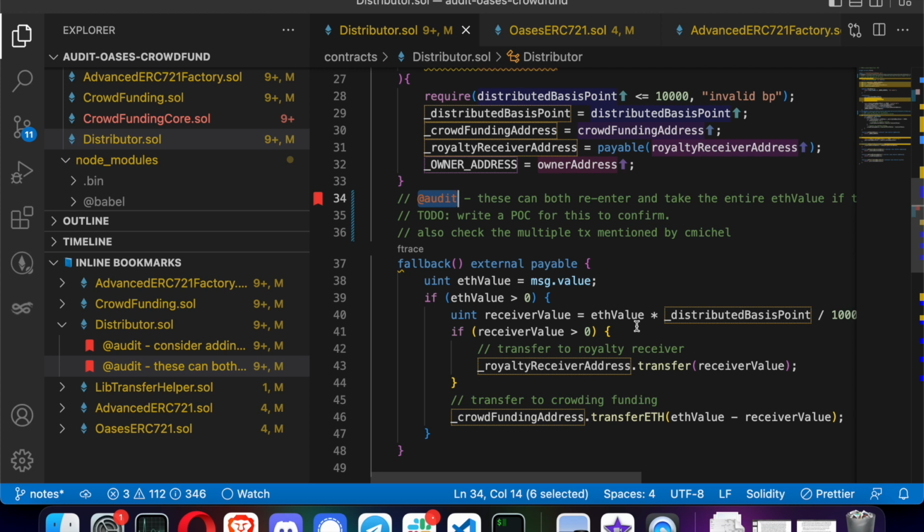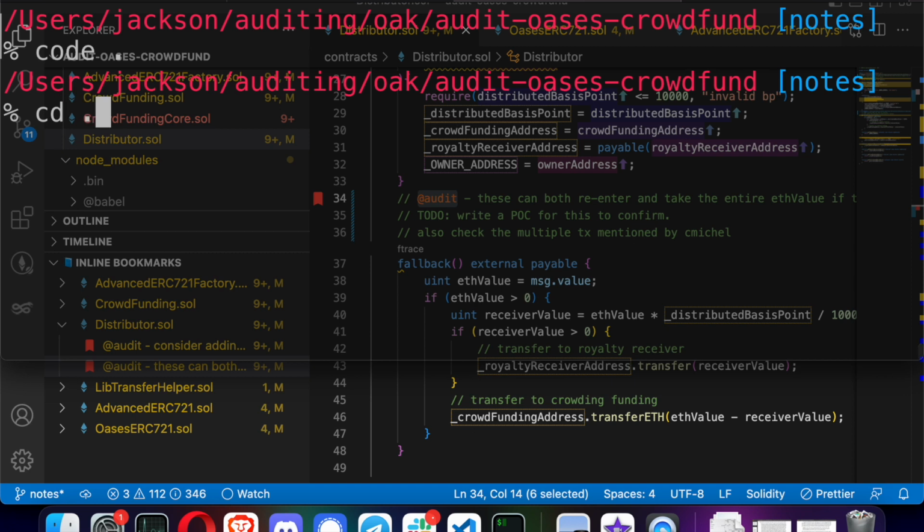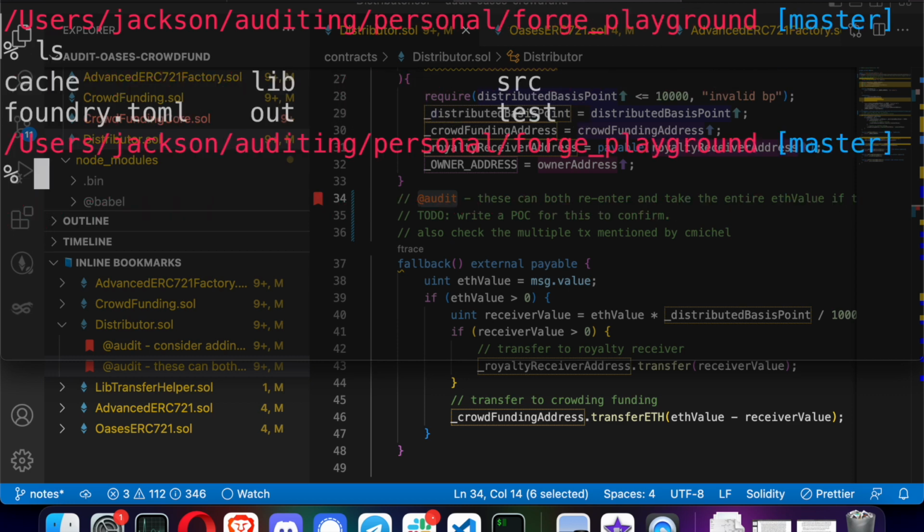When I first wrote this comment down, it was in the first pass. You probably watched me write this down in the first video. I didn't really have a good understanding of who controlled these royalty or crowdfunding addresses. With hindsight, I know that they're trusted addresses, and so they're not going to re-enter. It's not a problem. But